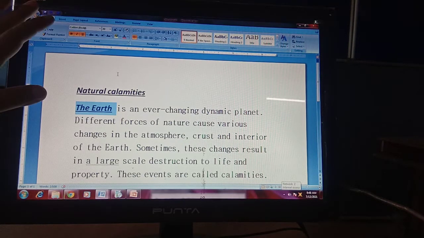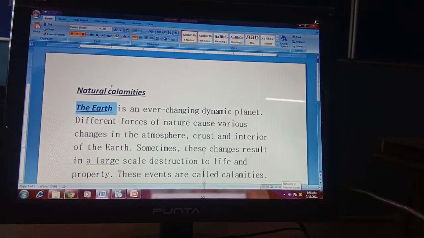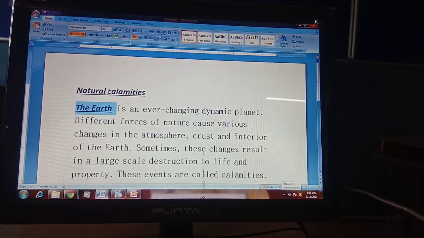And it is all in the Home tab in the Font group, and the shortcut keys I have already explained to you. So everyone needs to write down the shortcut keys. At the end of this video I am going to give you the shortcut keys. You will write those shortcut keys in your notebook.